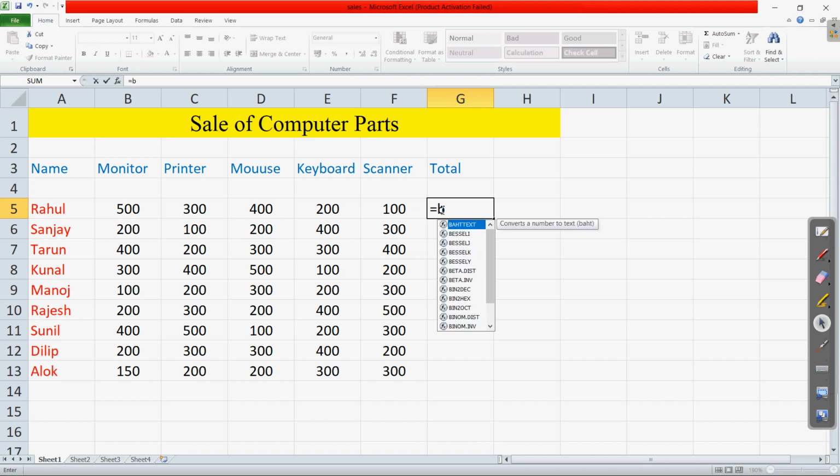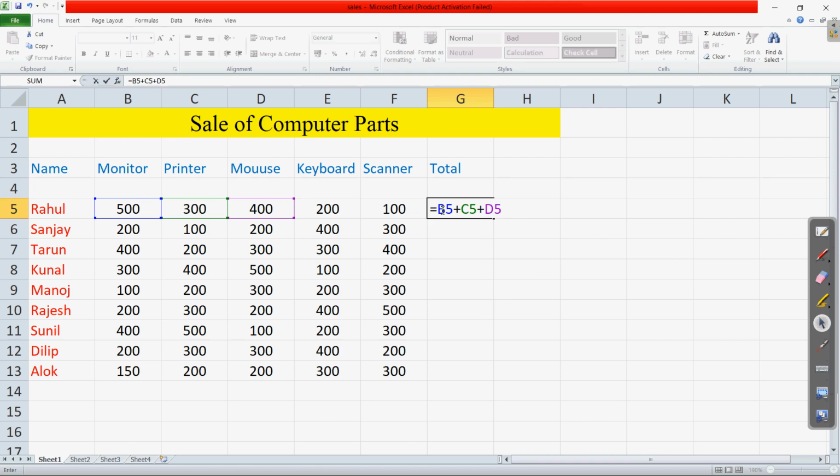So first is B5, then use the plus symbol, then the next one is C5. C5 written. Next one is D5, then next is E5. Keep on writing this, E5 plus, then we have F5.